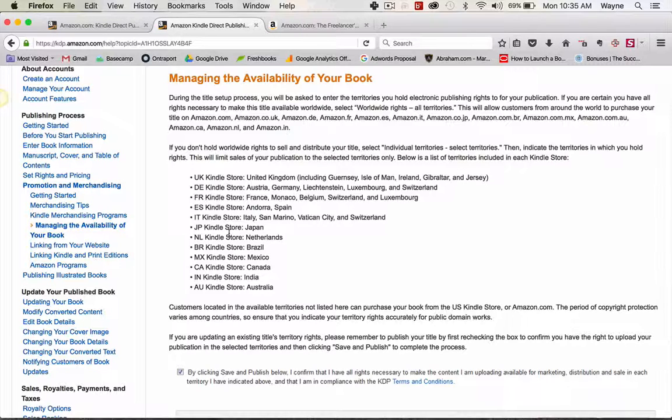There will be a link to this page inside the KDP Amazon site. And so what, first of all, you want to make sure is that you've got your book set up to be distributed across the world to all these territories, okay? The next thing you want to do is when we go into Facebook and we start setting up these ads, what we want to do is ensure that we set up our ads so that we target